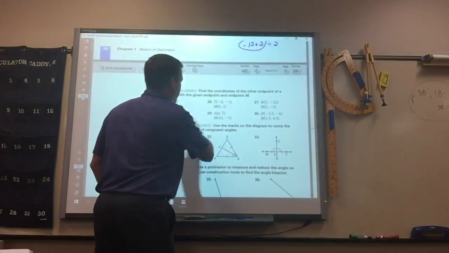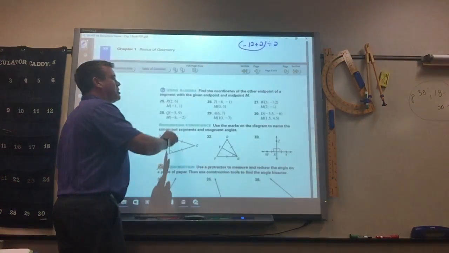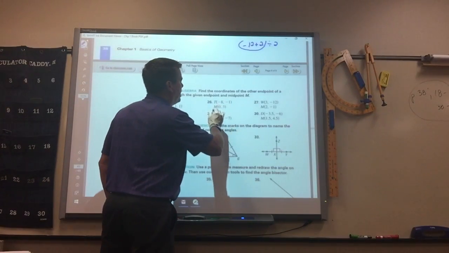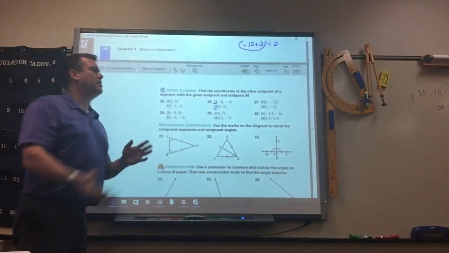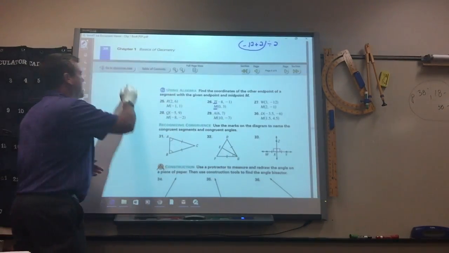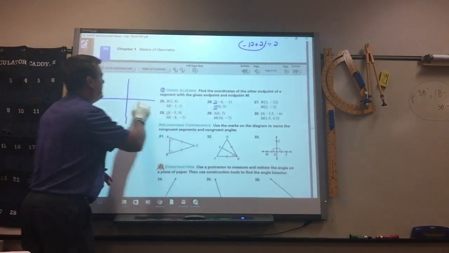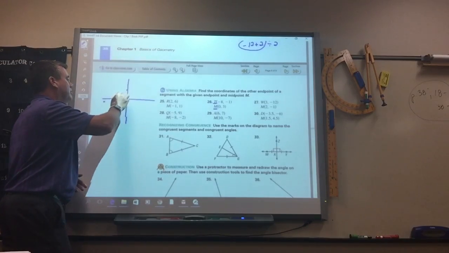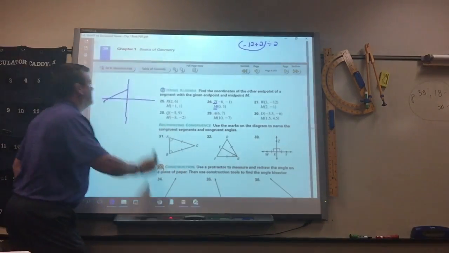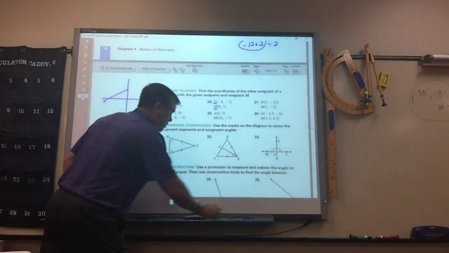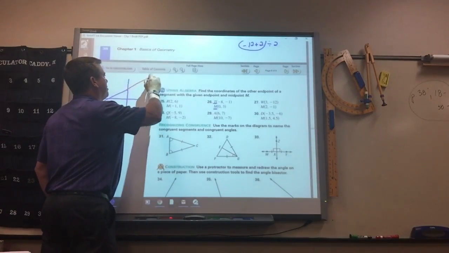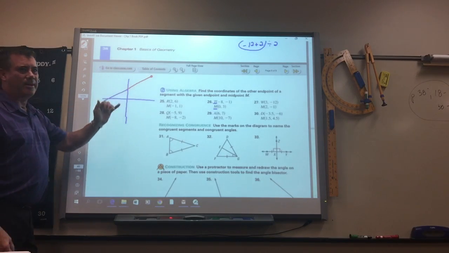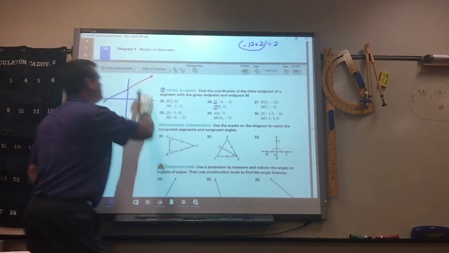26, 28, and 30. These are different because they give you an endpoint and the midpoint, and you're finding the other endpoint. So if there was a sketch of this, this is at left 8 and down 1 and 0 over 3 up. They're looking for the rest of it, which is going to be up here, because this point is the midpoint. All right? So the way you do that